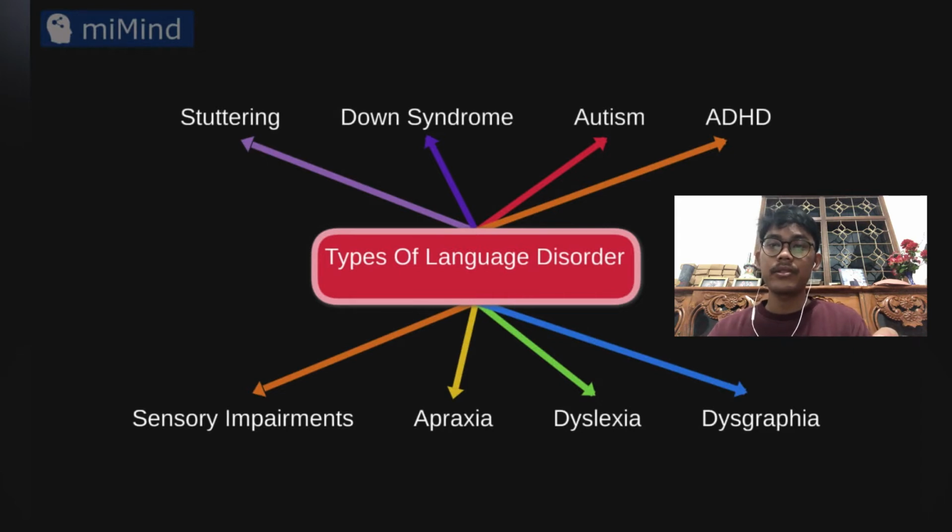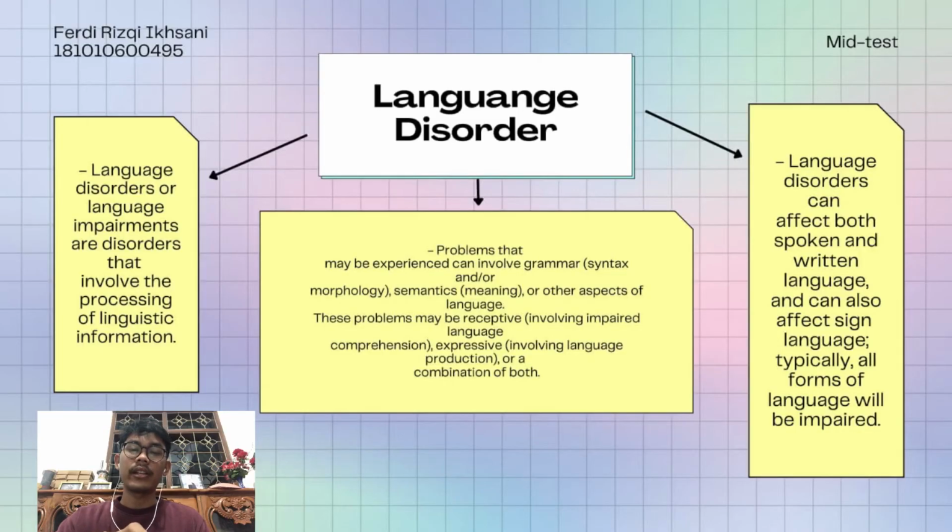So next I want to show you my presentation PowerPoint. So let's get started. Okay, the first slide is what is language disorder. You can read the text. Language disorder or language impairment are disorders that involve the processing of linguistic information, and the problems that may be experienced can involve grammar, for example syntax or morphology, semantics, or other aspects of